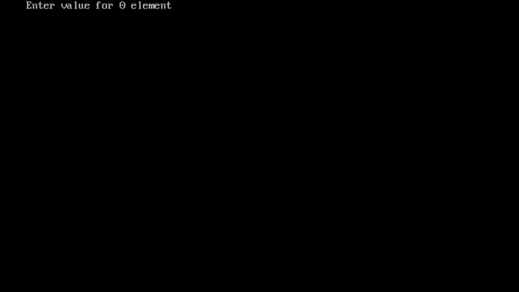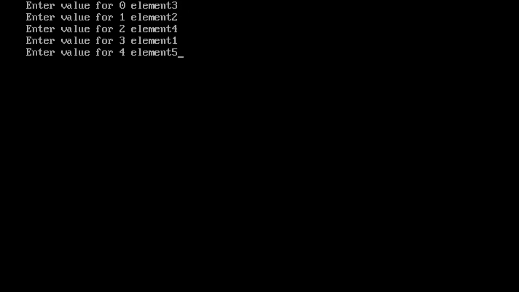Now enter elements 3, 2, 4, 1, 5. So 5, 4, 3, 2 and 1. It will display the array and sorts the array in the descending order, Z to A order, right?